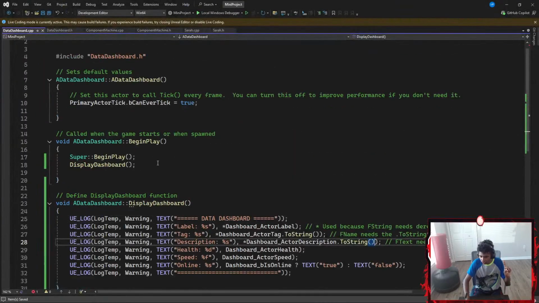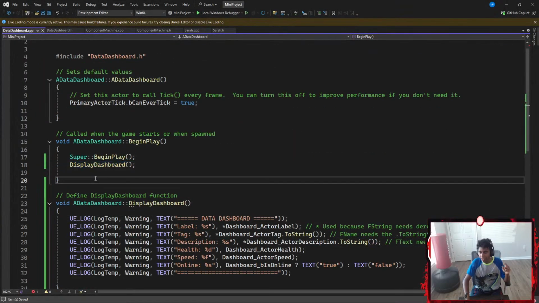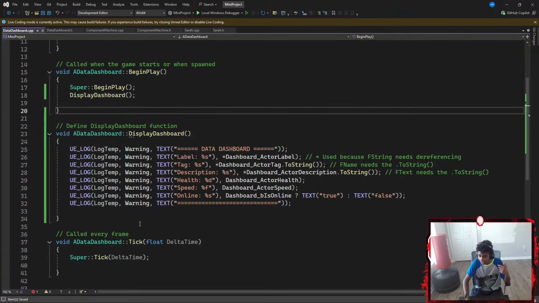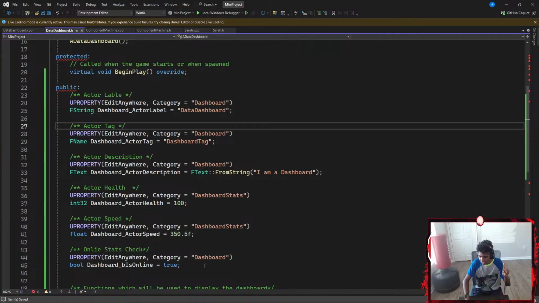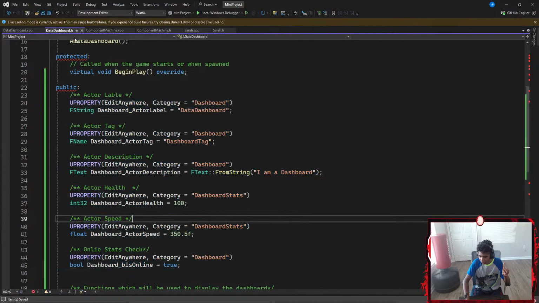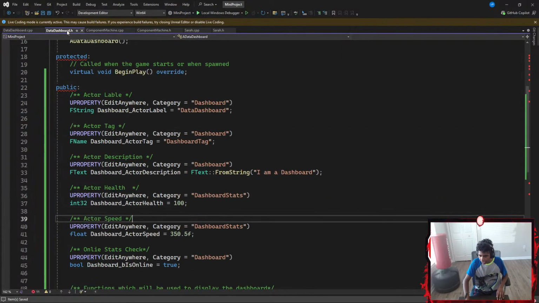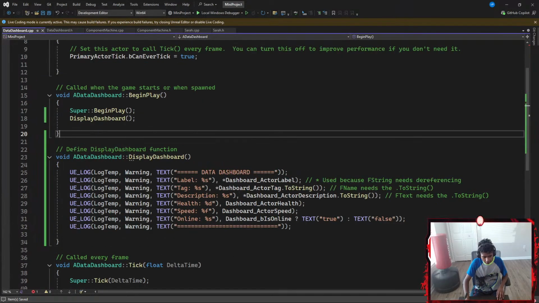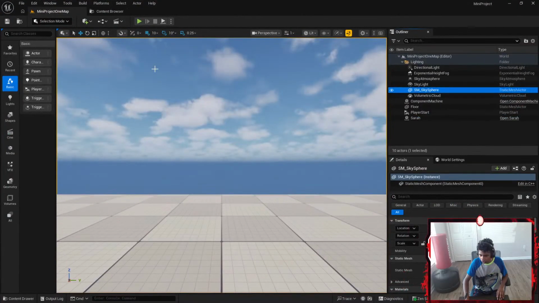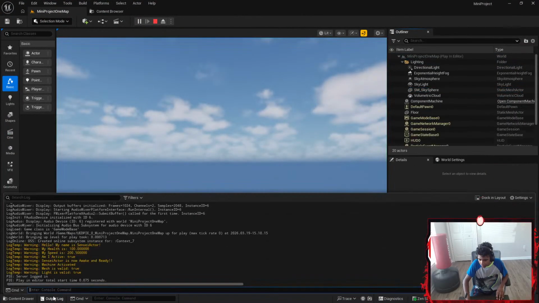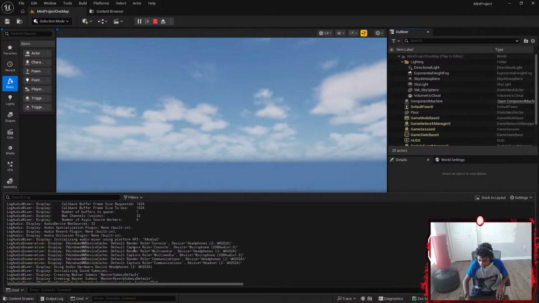There could be two things. First thing is that I did not call my display dashboard properly. The second thing could be that these aren't really being displayed in my window. Why? I've set these things to have some sort of value, and then I go up here. Let's maybe try to run the program again because I think it should work. It's pretty odd that it didn't display anything. I see a bunch of log temps. Can I go a bit lower?